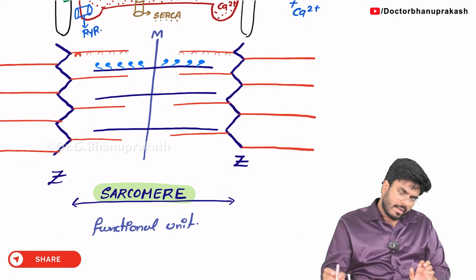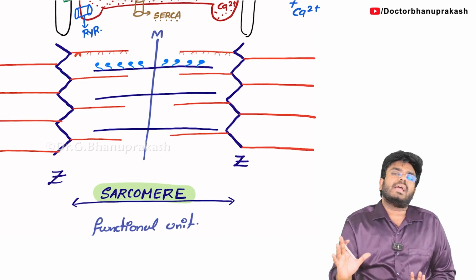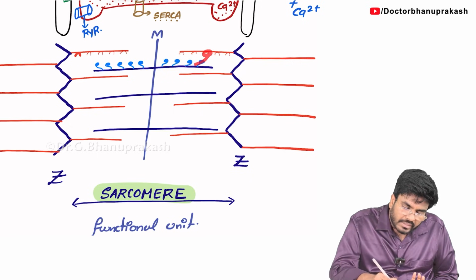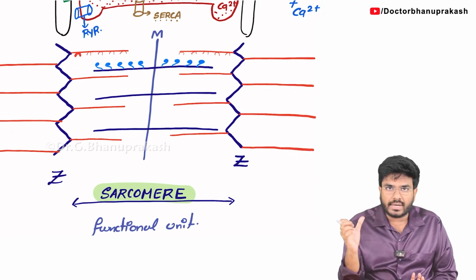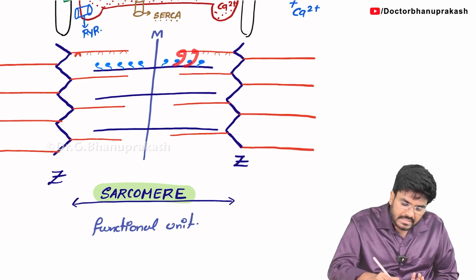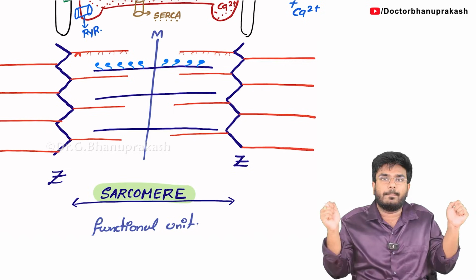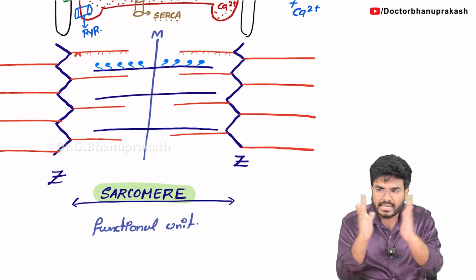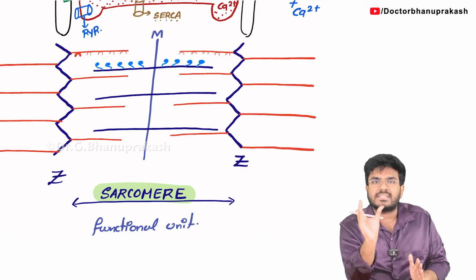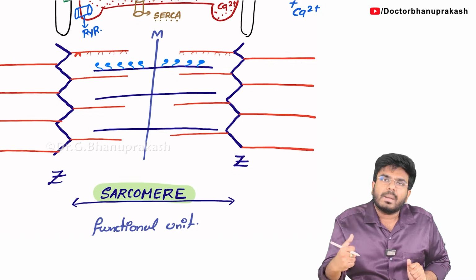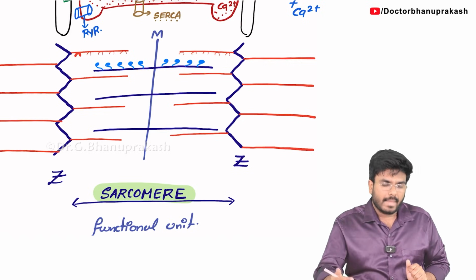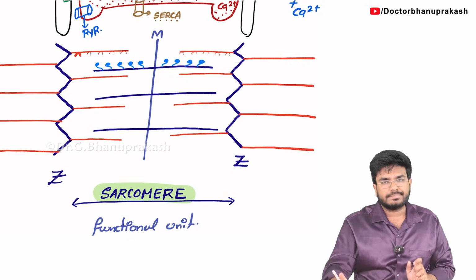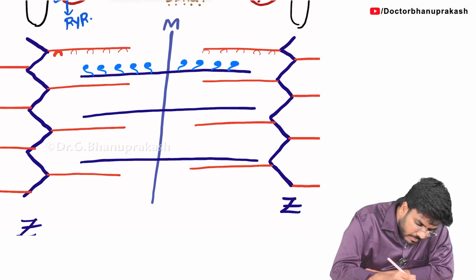But the question is, why during a normal relaxed state, why can't these myosin heads go and bind with the active sites? Whenever a muscle is contracting, these myosin heads go and bind with the active sites and pull the actin filaments towards the center, so that the two Z lines come close together, so I can say the sarcomere size is decreasing, muscle is contracting. But my question is, why during the resting phase, are the myosin heads not going and binding with the active sites? It's because the active sites are actually